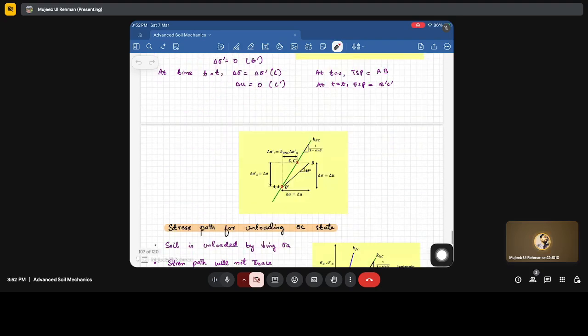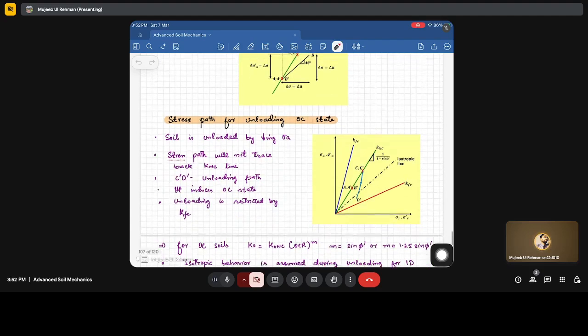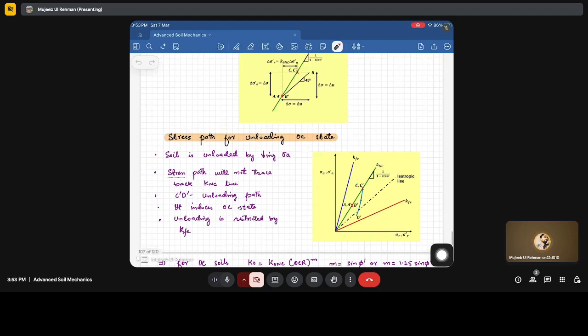Now similar to the loading, how will the unloading stress path look? For example, we have reached up to C dash when we are loading it. Now what if we unload it? When we start to unload it, it will not trace the K naught C line back. It will have a different path, this unloading path represented by C dash D dash, and it induces the OC state, as you might have seen when we defined normal consolidation,